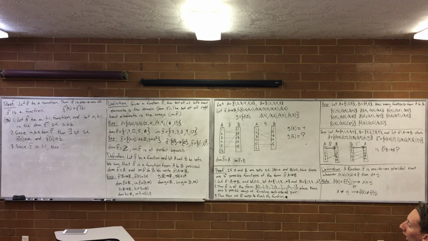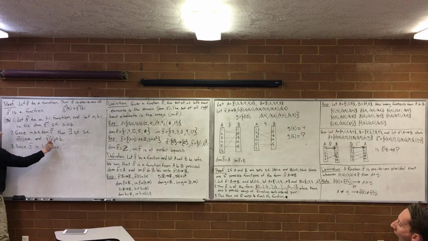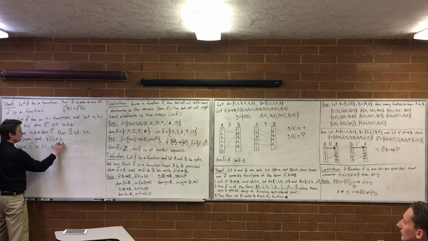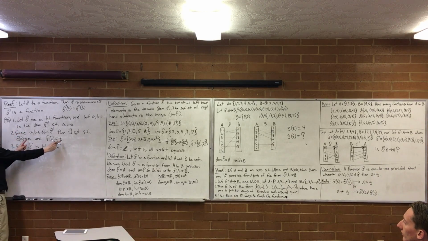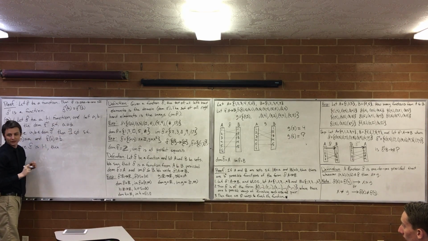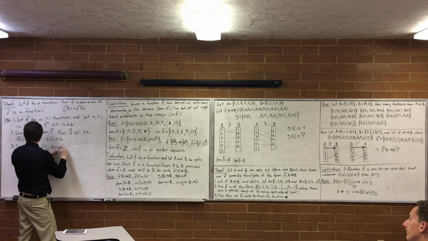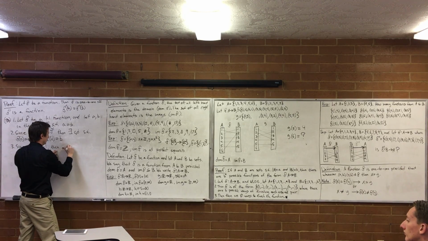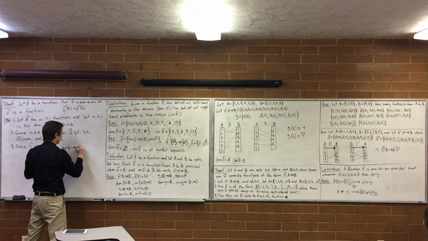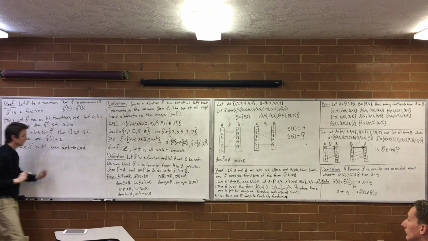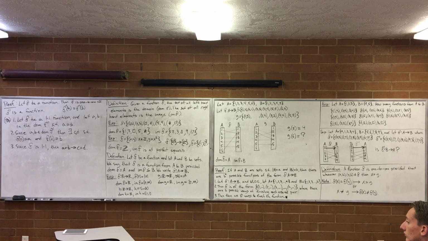No, I know that A and B are equal. A is what C maps to, and B is what D maps to. So these are the outputs. Since their outputs are equal, then their inputs are equal. So since f is one-to-one, A equal to B implies C is equal to D. Therefore, f inverse is a function.